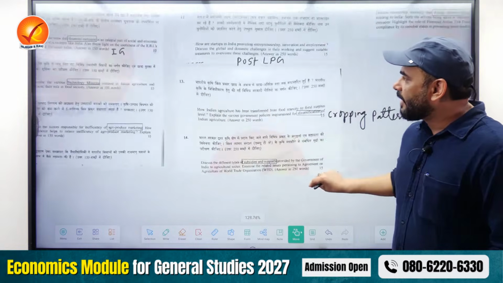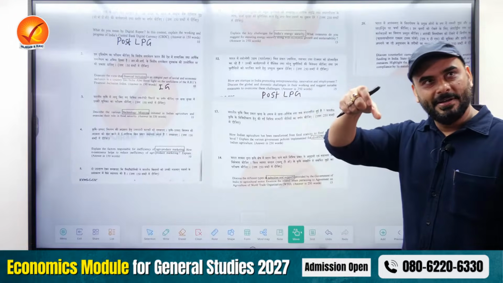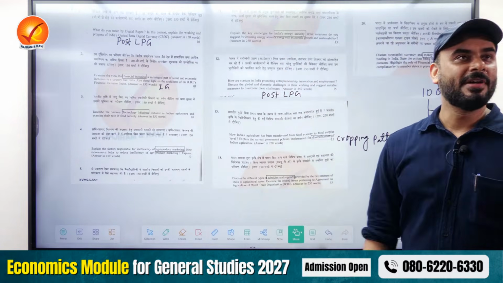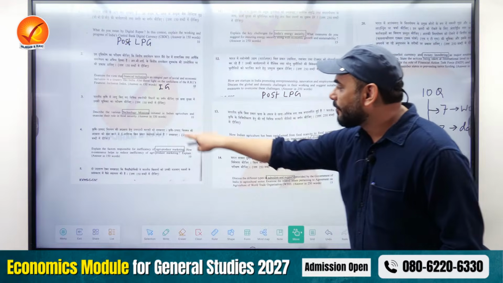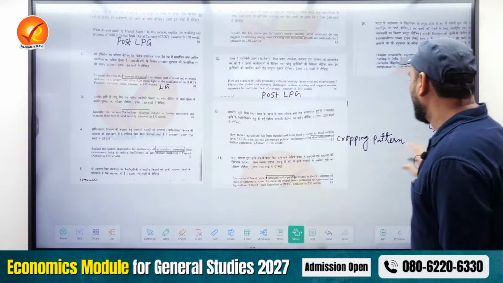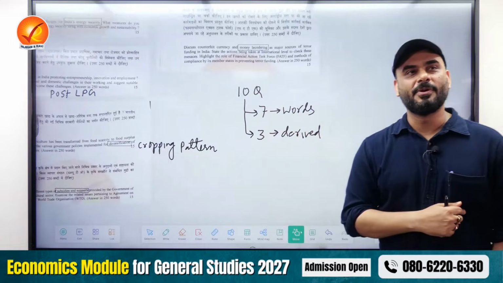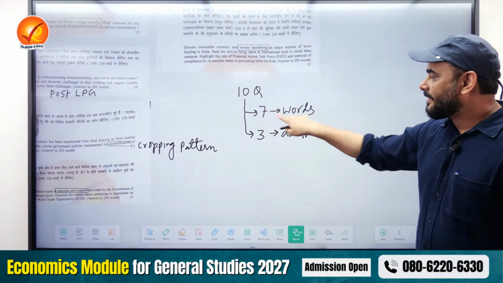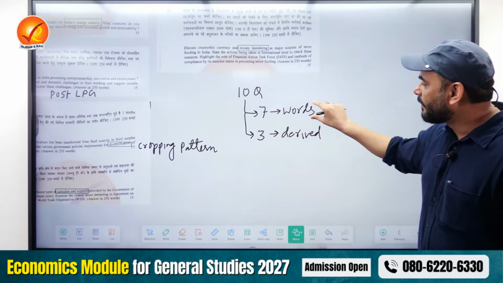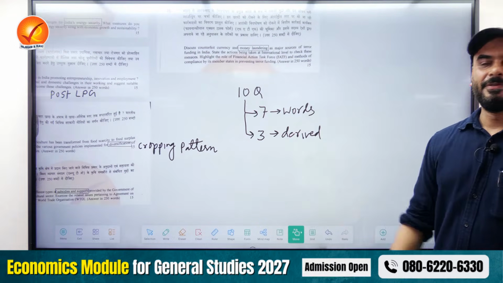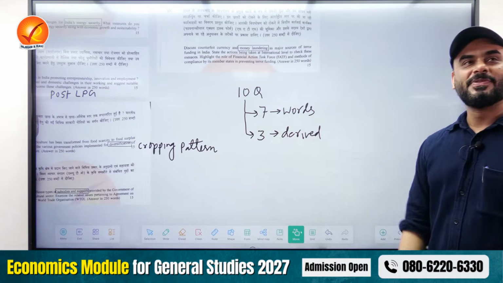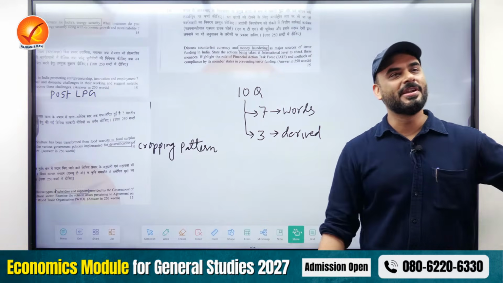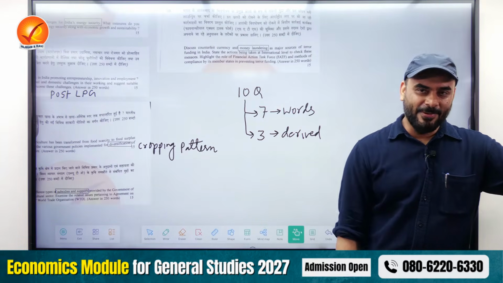So if I only count the areas which were directly taken from the syllabus, let's say this one is not directly mentioned, so I'm not counting this. I'm counting only the direct ones, the ones which are put in the box, which are directly mentioned in the syllabus. So if I count that, 10 questions were asked from economy and agriculture again. Out of these 10 questions, if you see carefully, the 7 questions which were asked, those words are directly mentioned in the syllabus, which I have shown you. 3 questions were such that it is not directly mentioned, but indirectly it is a part of post-1991, which is post-LPG reforms.